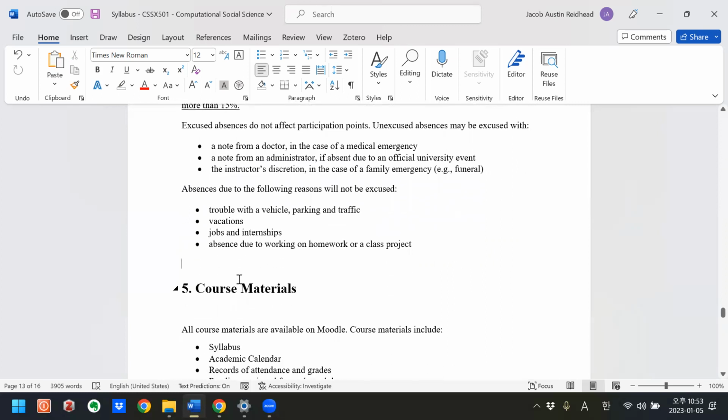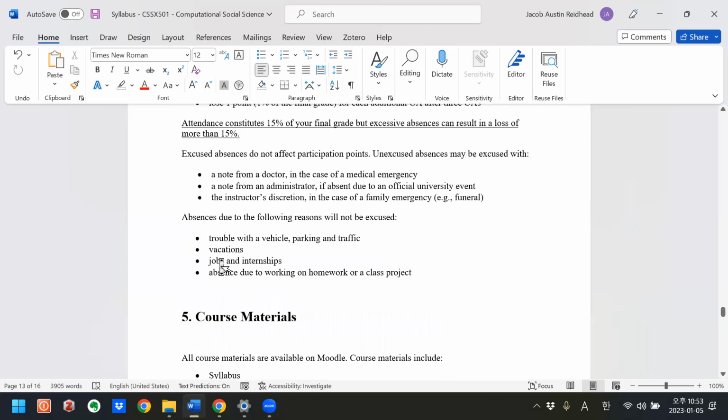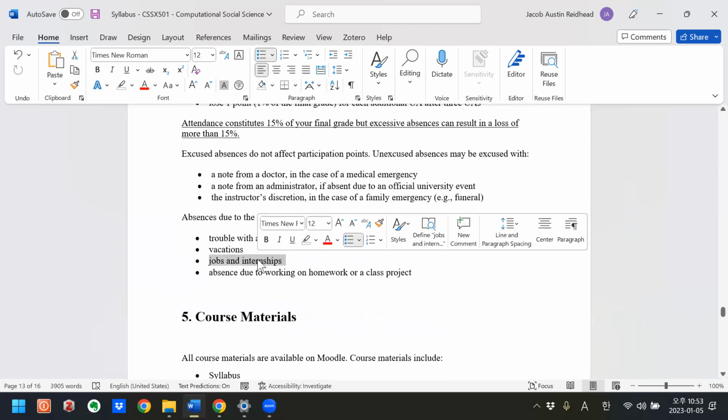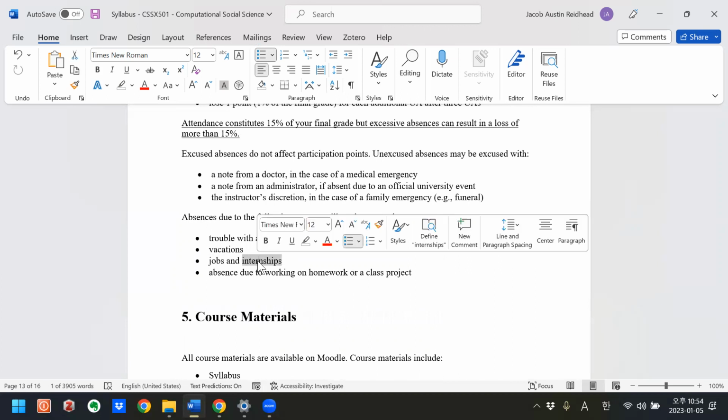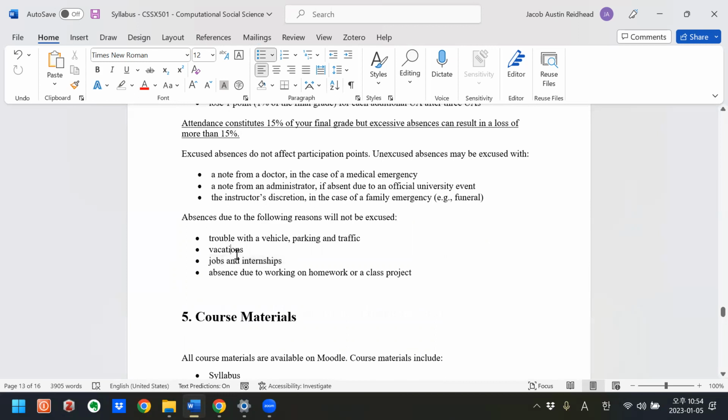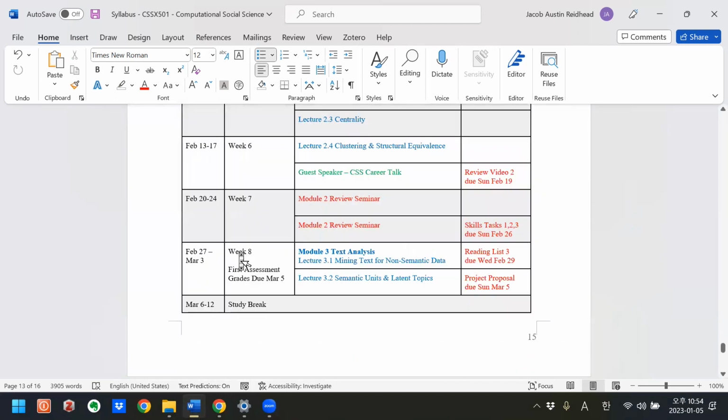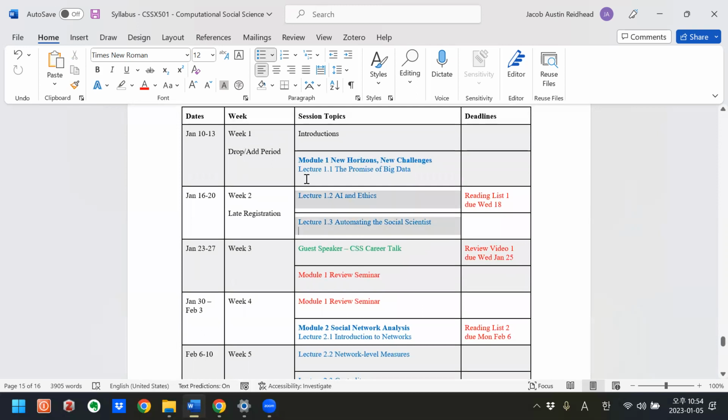So you really need to be in class. If you anticipate that you're going to have trouble attending due to a job or internship, let me know, and hopefully we can work something out, because it's very important for you to be present in class, participating in discussion. Some of the class periods, these blue ones, are me